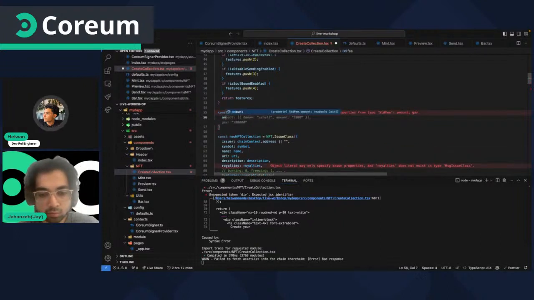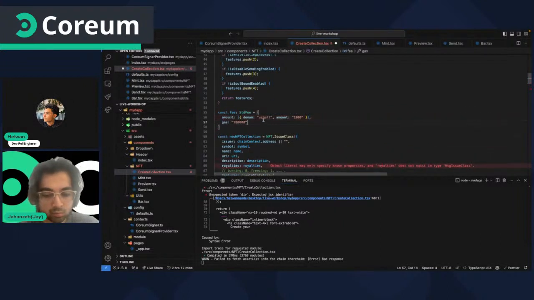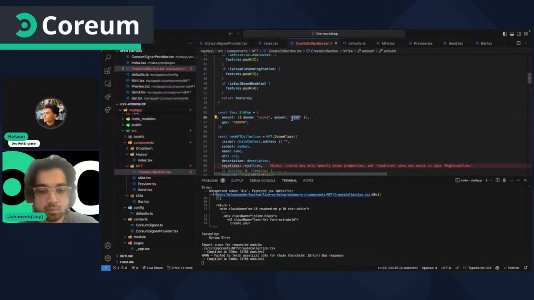So amount, perfect. If someone can tell me what this crypto coin is, but yeah, I don't know what it is. Okay, so ucore. Core and amount 16,000, and the gas fee is also specified in the documentation, on the same page, and I believe